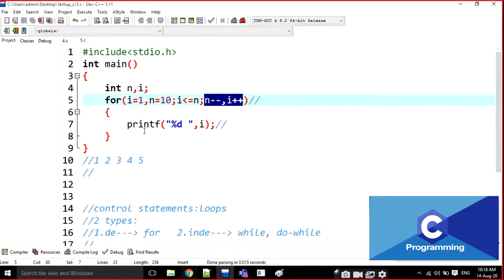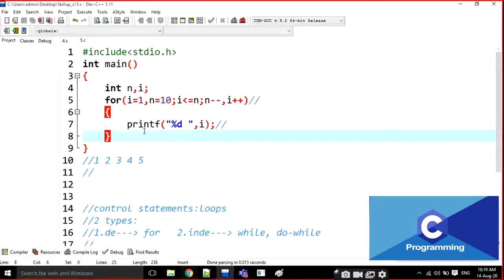We separate the blocks by what? Semicolons. If you separate by commas, that is n number of statements in a single block. That's it, nothing else. Okay? Write down this one also, and note down one point.